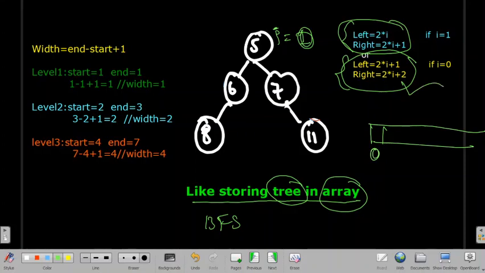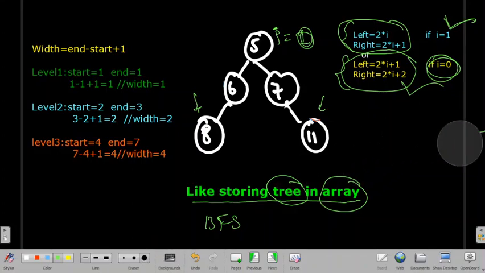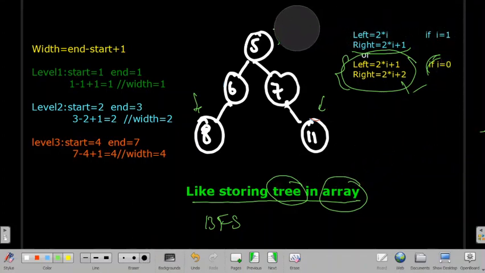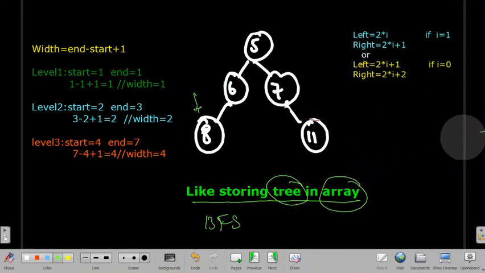But here we are not using an array, we just need the starting index and the end index, like the leftmost index and the rightmost index. So we don't need the 0 index, so we will start directly from I equals to 1. Still we can use this also, but for easy understanding purposes we are using I equals to 1. So what is the motive behind using these indexes?